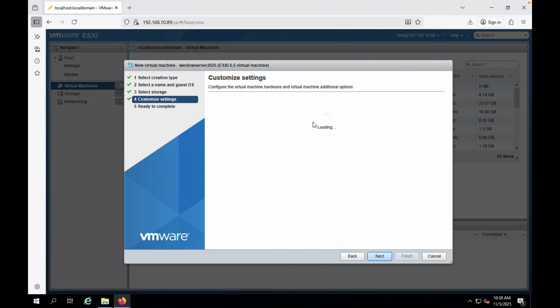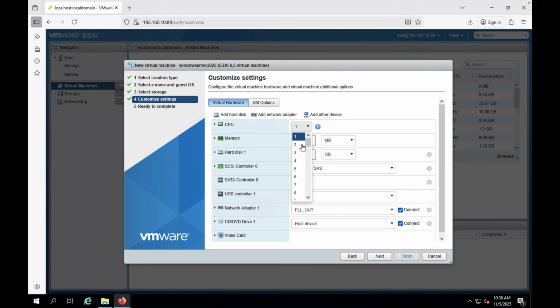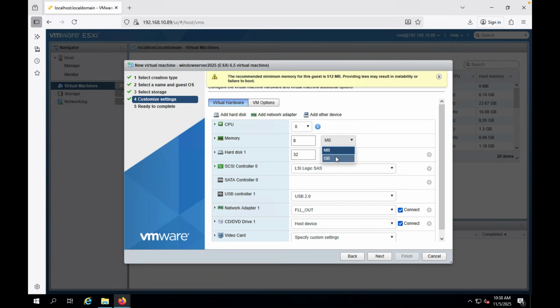Next, then we have to select the processor. Now the hard drive option is showing. 8 core, 8 GB, and 70 GB. Then